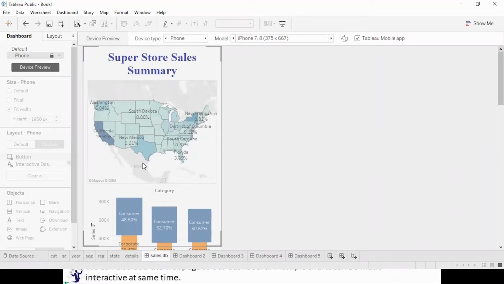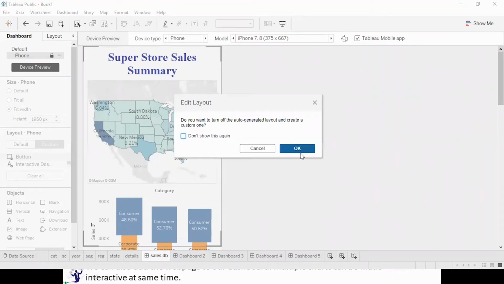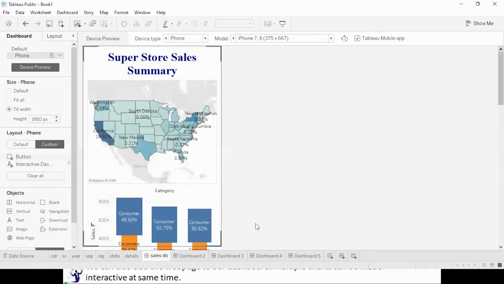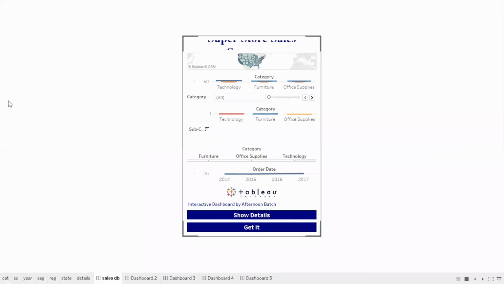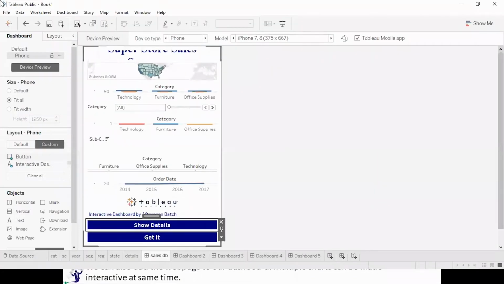Now I wanted to adjust it. You just double click on it and say okay, and you will see an option called fit all. See what happens. Here it goes. Everything has been adjusted into one single screen, but of no use, correct? No information can be interpreted from this. So we have to adjust it. It will be a one-time effort for us.